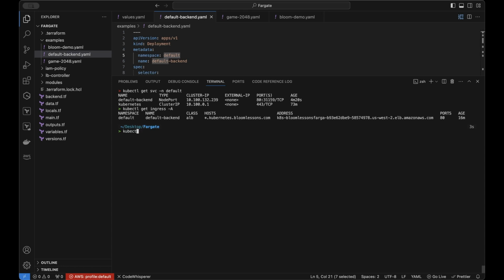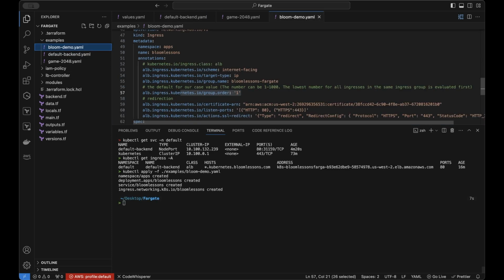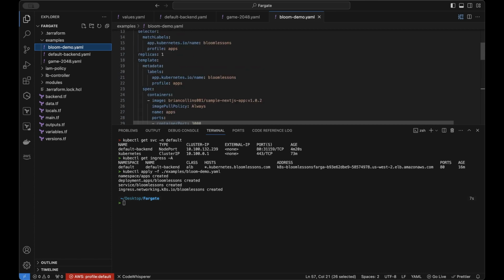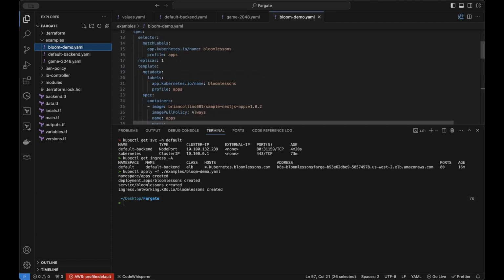To do that, we'll just do kubectl apply. We're applying a manifest file, so use option -f, then enter the path using examples. Then we are installing Bloom demo first. And anytime before you apply these changes, make sure you check your application. While creating this manifest, I explained most of these sections, but just make sure you check it and make sure